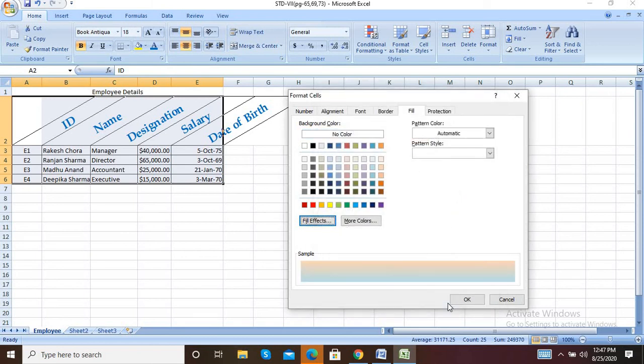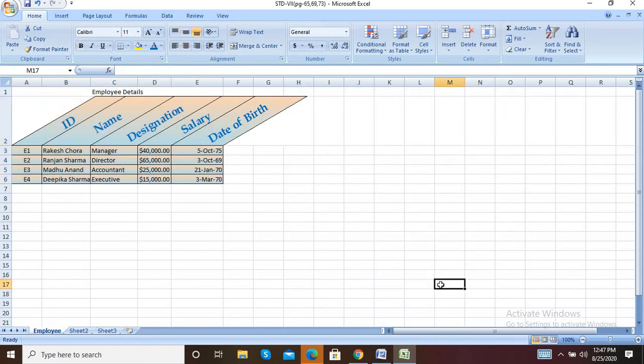And click on OK. Now click OK. See the changes? Understand all of you? Now, what they say: save the worksheet and quit Microsoft Excel. Okay. So like this you have to add.